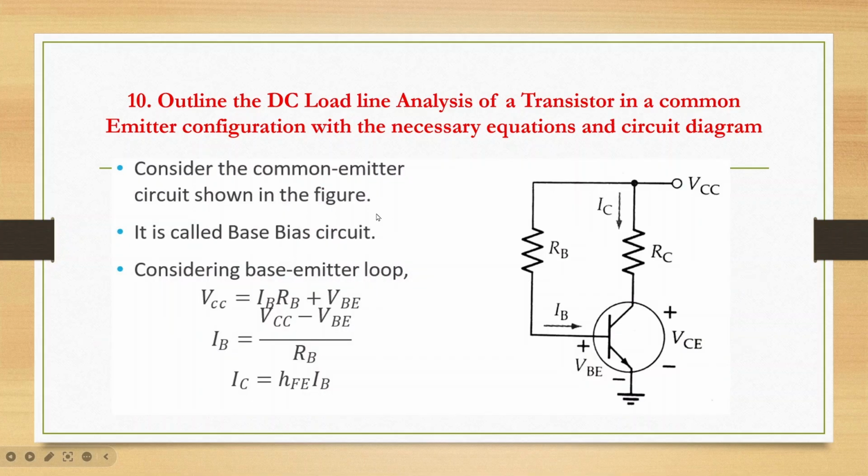So if we take a fixed bias circuit, in this circuit we have the base resistance and the collector resistance. Here the load line shows the corresponding levels of IC and VCE which can exist in the circuit. So if we apply Kirchhoff's law to the base emitter loop,